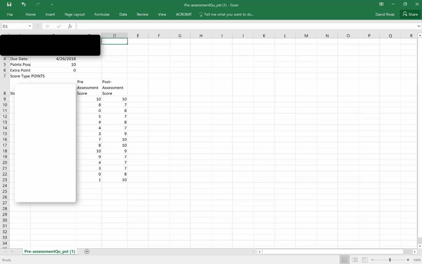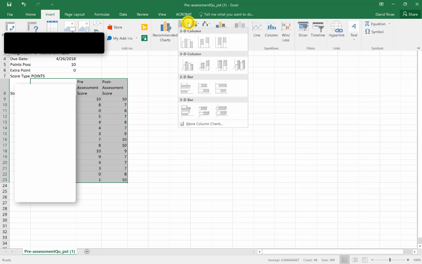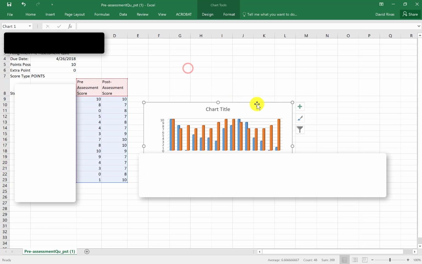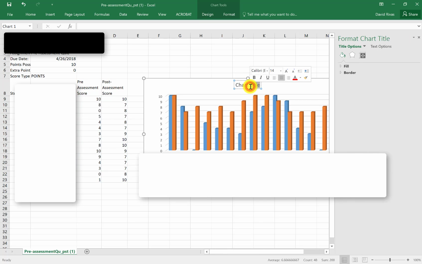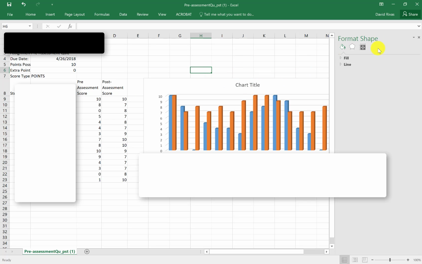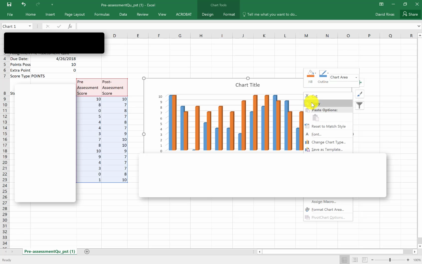All right, now I'm going to highlight the student names and the results for the pre and post assessment columns. Hit insert at the top, and I'm going to select what kind of graph I want. For this comparison, a bar graph works pretty well. Now here I can rename it, change the color, change the style, and customize it to show whatever it is